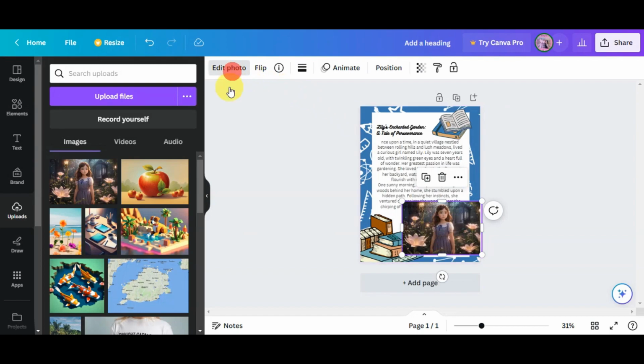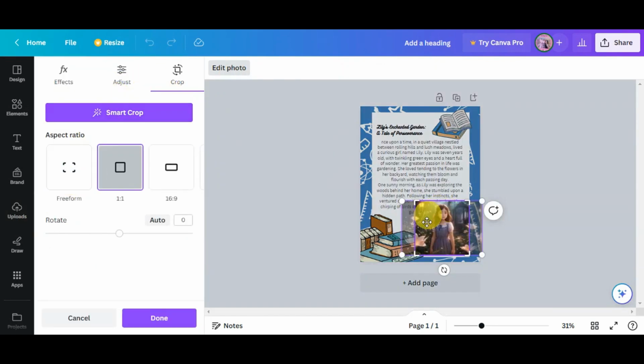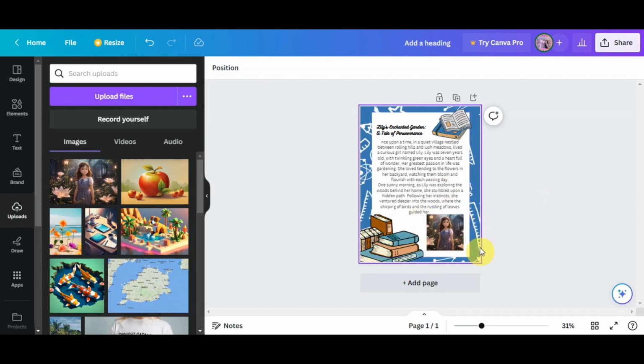And we could also edit the photo to resize it since it is a little bigger. We're gonna click the aspect ratio in here. Let's make it a little short like that. And there you have it. We've added already the illustration for our story in here. Now for the next steps is